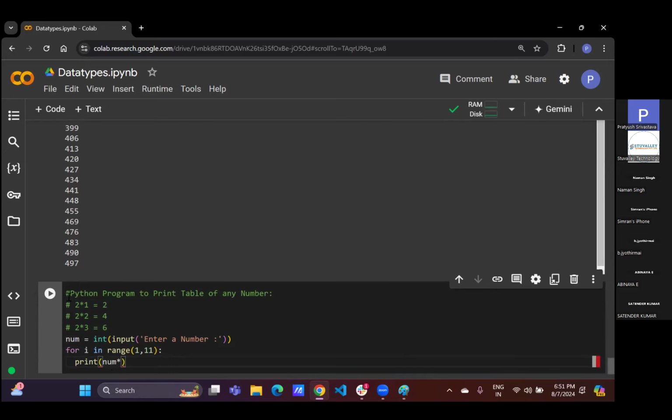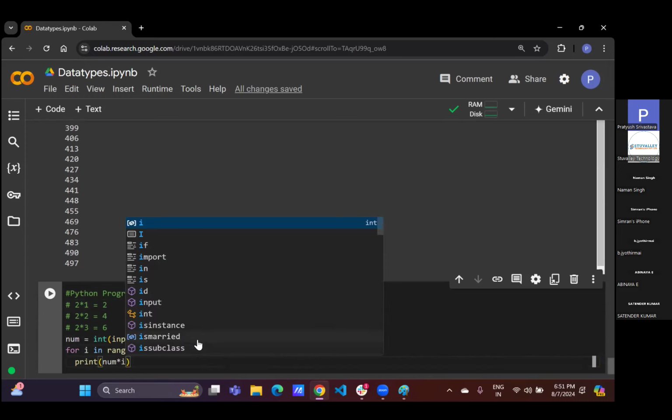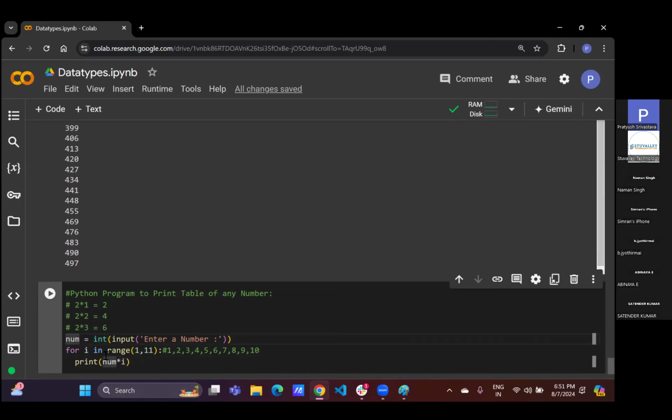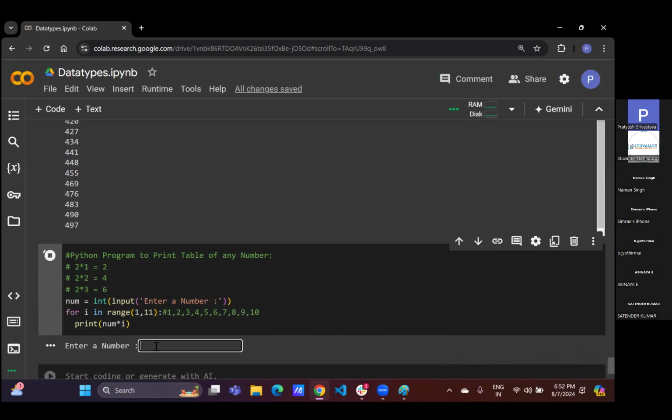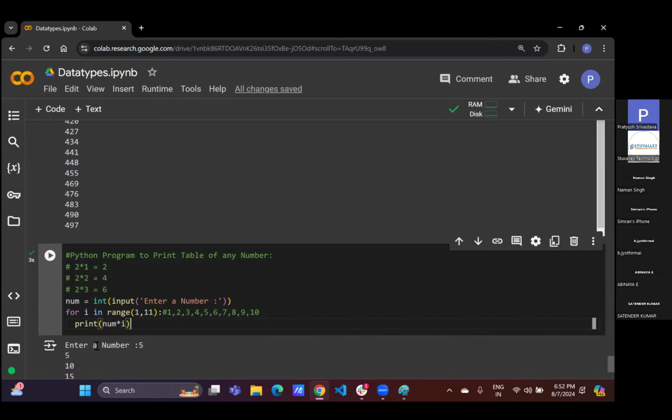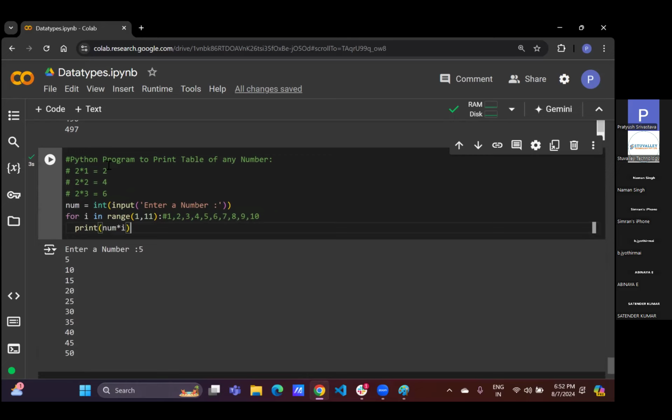ठीक है, इन टू क्या लेंगे, 2 हमारा नंबर हो गया, और आई क्या है, आई कुछ नहीं, जो नंबर्स हमारे यहां से जनरेट हो रहे, 1 2 3 4 5 6 7 8 9 10। तो यही तो नम इंटू आई अगर हम करते हैं, तो पहली बार में नम की वैल्यू फॉर एग्जाम्पल अगर 2 की टेबल ले रहे हैं तो 2 1 जा 2, देन आई की वैल्यू क्या हो जाएगी 2, देन 2 2 जा 4, देन 2 3 जा 6, 2 4 जा 8। तो टेबल इज डन। देखो 5 लिया मैंने, 5 की टेबल आ गई।